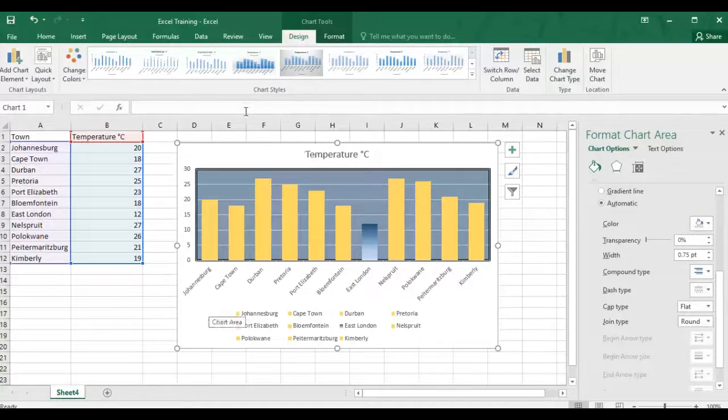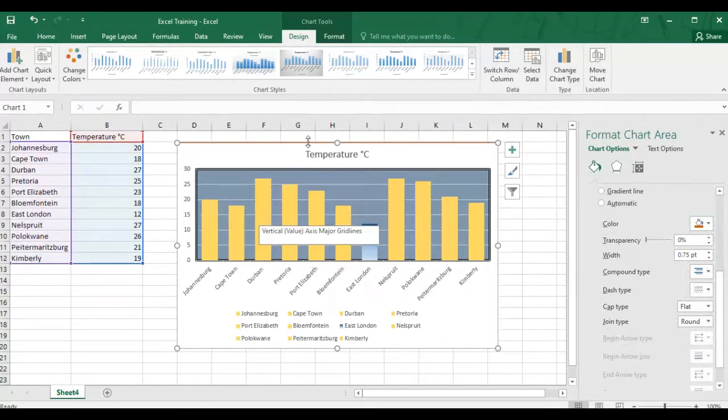So when I click outside there, notice that a format chart area pane opens on the right of the screen, and I can then do the same as well. So if I fill it with color, I will choose this time a brighter color, orange accent to lighter 40%, and there we go. It should be filled. Okay, I don't know why it's not right now, but again, I can do the same thing for